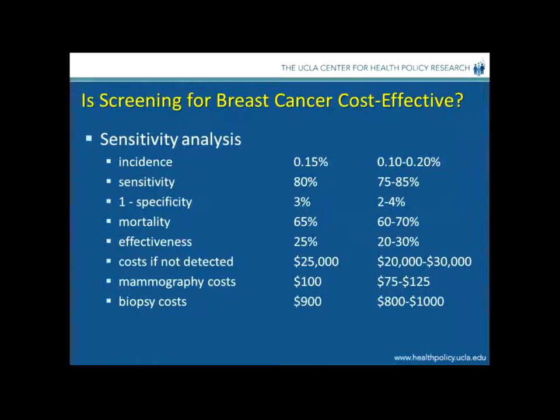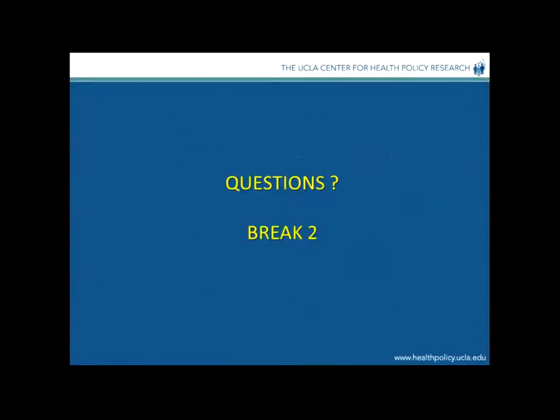So you'll often see this kind of table in cost-effectiveness studies where the authors lay out explicitly all the key assumptions, what the ranges were, and then what the source of that information is. Okay. So that brings me to the end of hour 2. Still 15 minutes behind, but